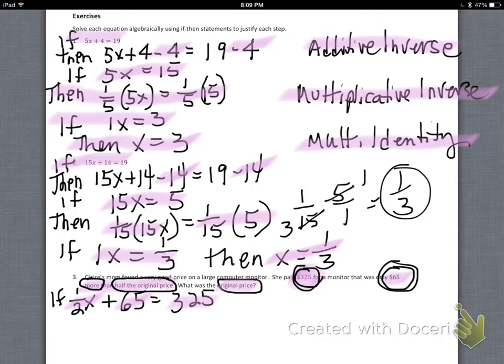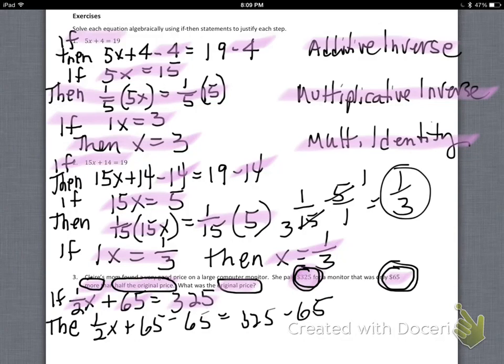If you start from there, then you can work your magic from there. Again, the way we've been doing it, we can just complete this together if you haven't done it already. Half x plus 65 minus 65 equals 325 minus 65, and that's going to go down, and then we have if 1/2 x equals 260,